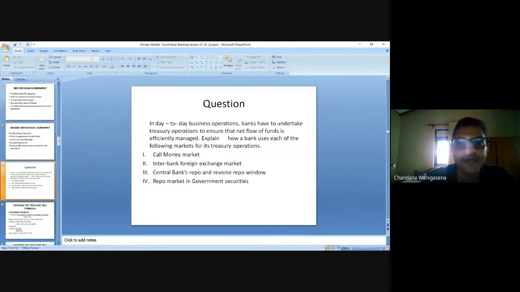It is everything we've learned. Just put it in writing. There is no testing of your understanding of what you studied a little while ago. It is knowledge testing, completely what you have understood. Maybe the central bank window you'll have to think about a bit, because that's the opposite of what we learned. Repo is just the same, right? Other than that, it's straight from the notes.